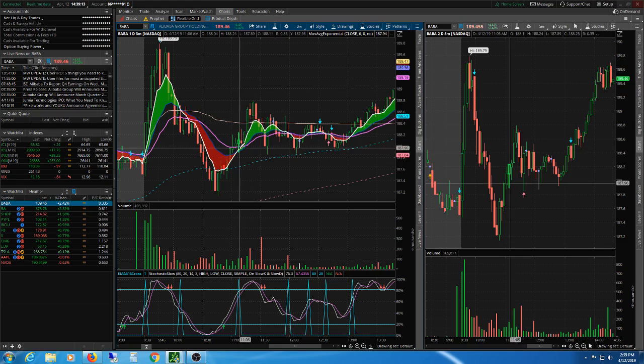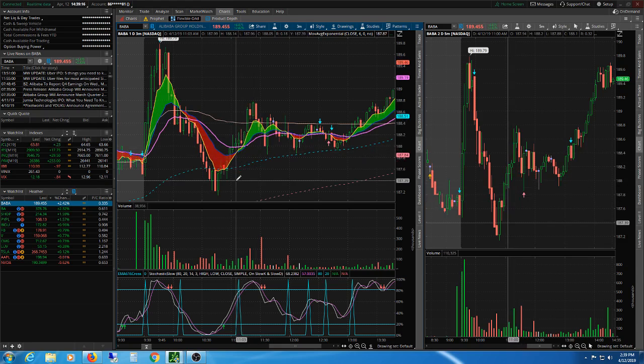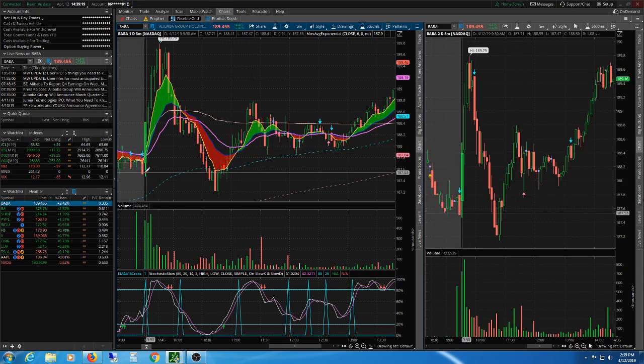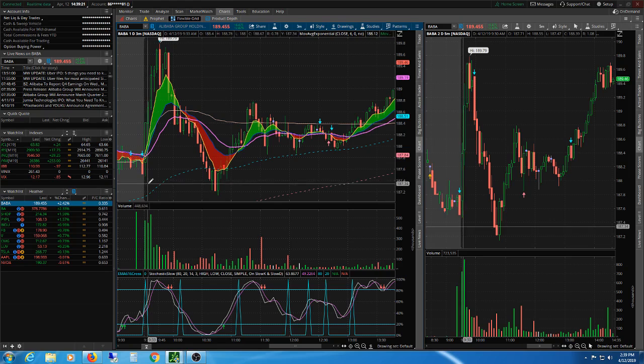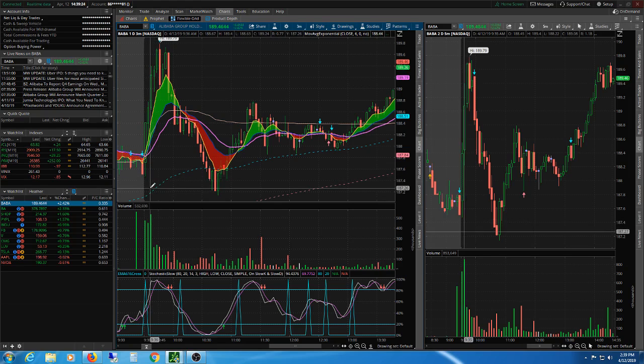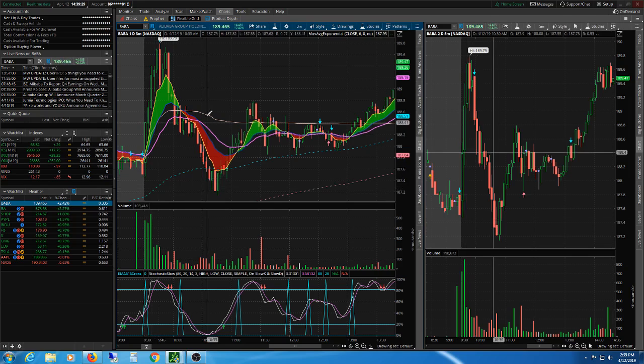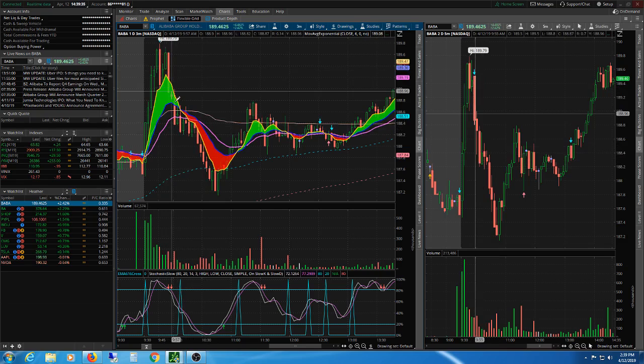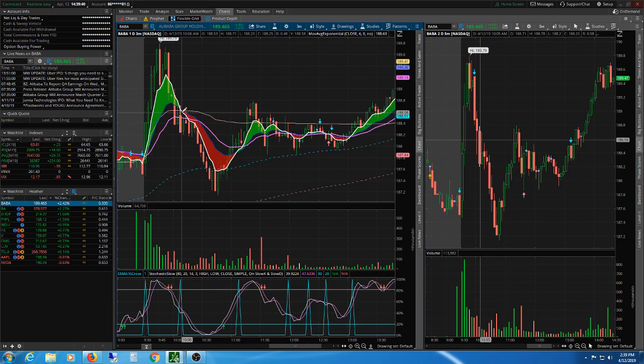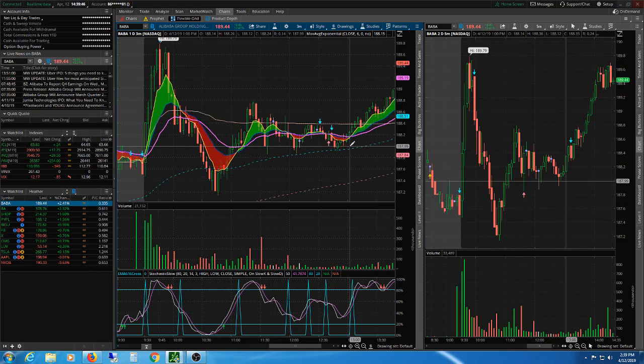These crosses shouldn't be played alone. You need other indicators to go along with that. The reason I don't like playing just a cross by itself is you see where the cross happened here. We were already, I don't know, 5 candles into this downtrend before we got to the cross. I don't like how much they lag. Sometimes they don't lag much at all, like this one here. This cross happened pretty close to the bottom. So sometimes they'll work out, but